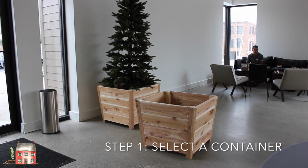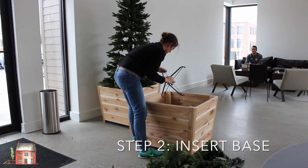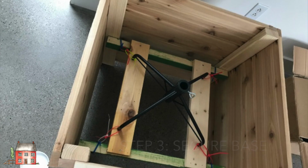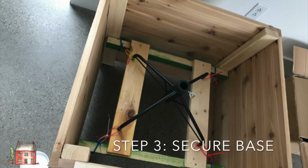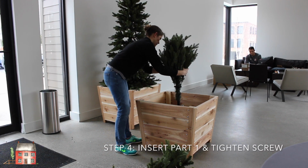So I'm using a large cedar planter that I built. The plans are on my website. And then I put the base on a little platform. Depending on your situation, you may want to secure the base to the platform and then just start inserting your